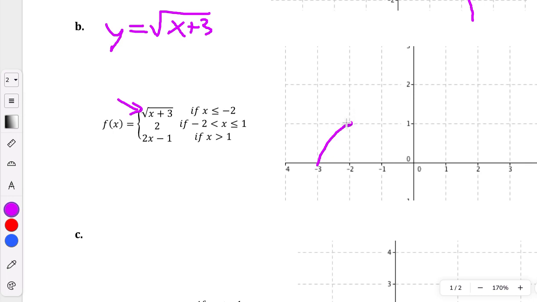Now we do have a filled in circle, but the rest of that function,